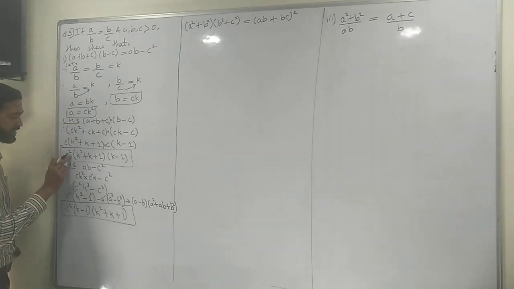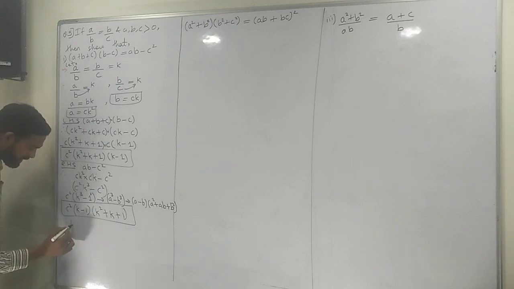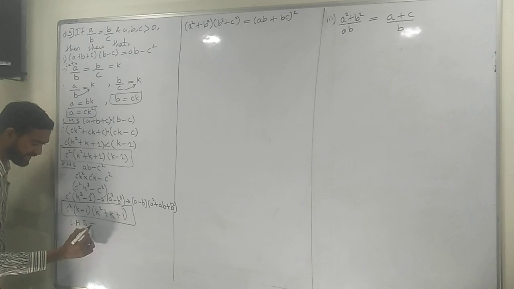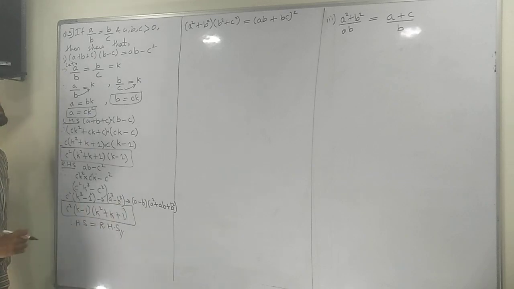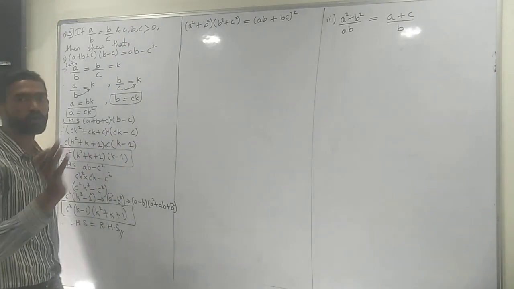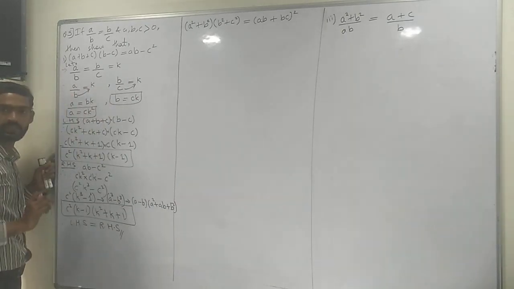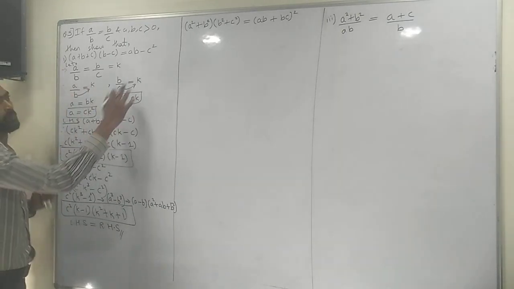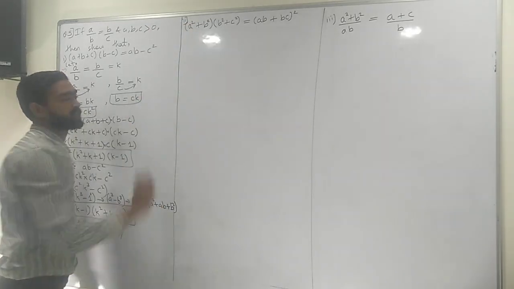Now let us check left hand side and right hand side. Are they the same? Yes. So we will write here, left hand side is equal to right hand side. This is the solution for the first sub question. I hope you have understood how to find the value of A and B. Now the same values will apply for the second sub question. This is my second sub question.